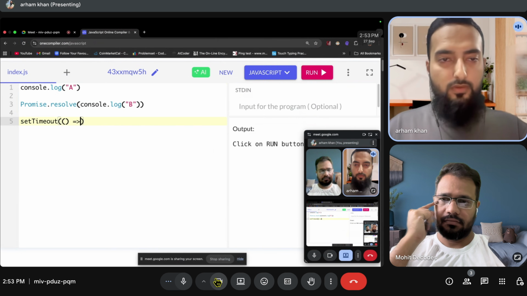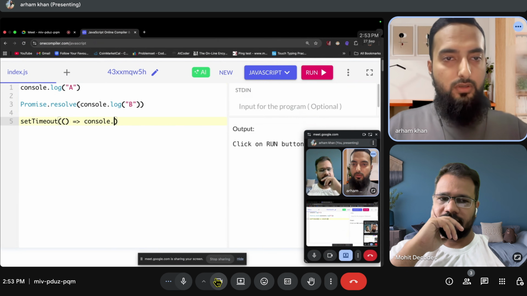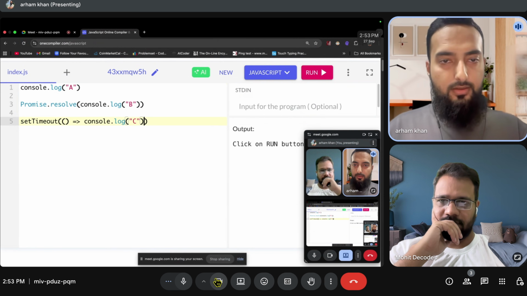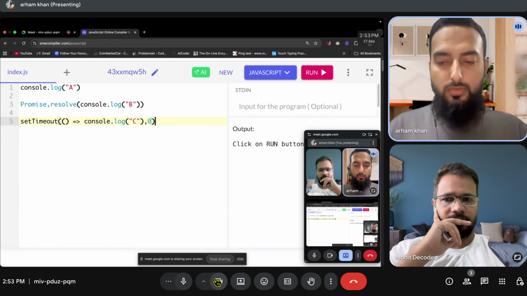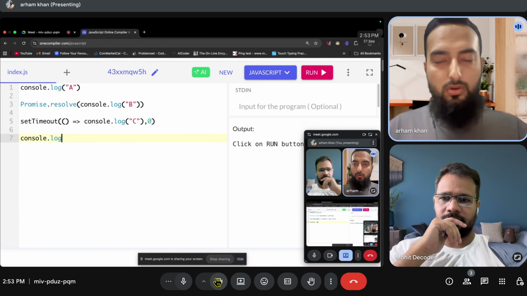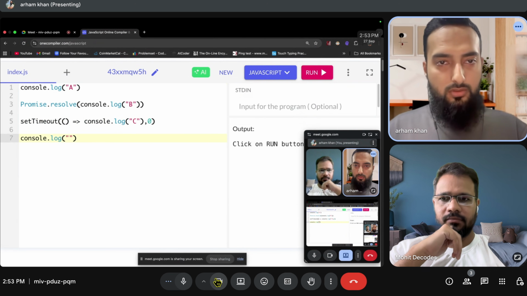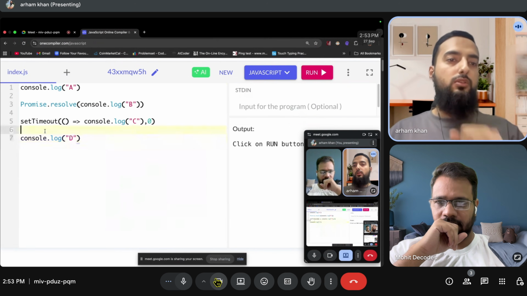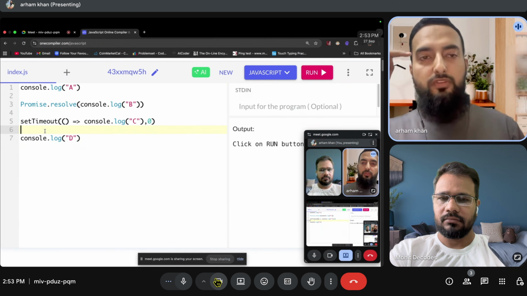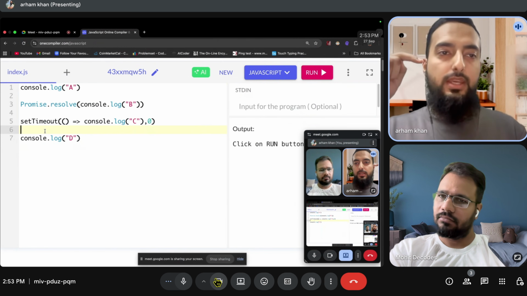This will have a callback function. We can see, and let's give it a 0 millisecond delay, and then we can do console.log d. Okay, so basically what's going to happen is, the first console will get triggered, which is a, and